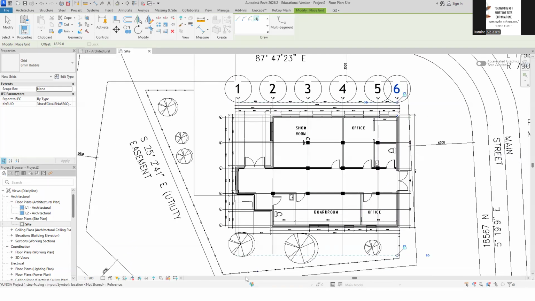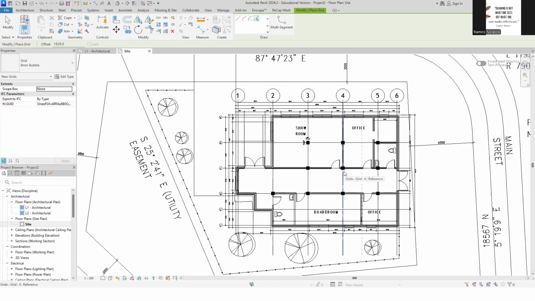Now, let's change the scale. Remember, it's annotative, similar to AutoCAD. Let's change the scale to 1 to 100. Okay. So it's smaller. It reduces the value based on the scale, similar to our annotative objects in AutoCAD.